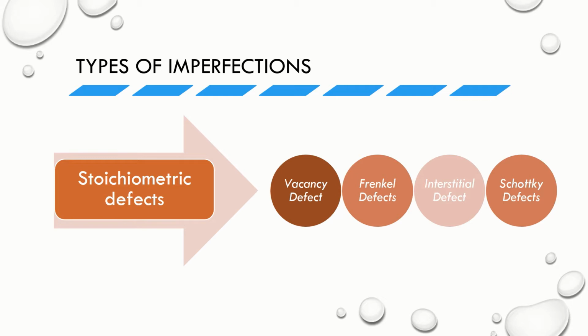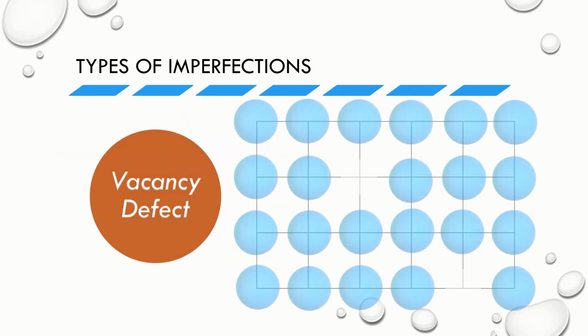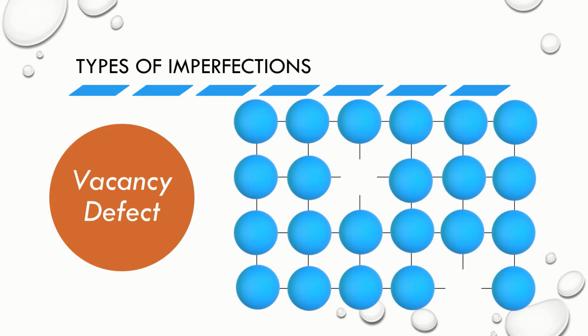Now, these stoichiometric defects are further divided into four main types. We have vacancy defect, interstitial defect, Schottky defect, and Frenkel defect. Vacancy defect: when the crystalline substance has lattice sites which are vacant, the crystal is said to have vacancy defect. This generally arises due to the absorption of heat from the surroundings. It results in the decrease in the density of the substance because the mass in the same volume of the